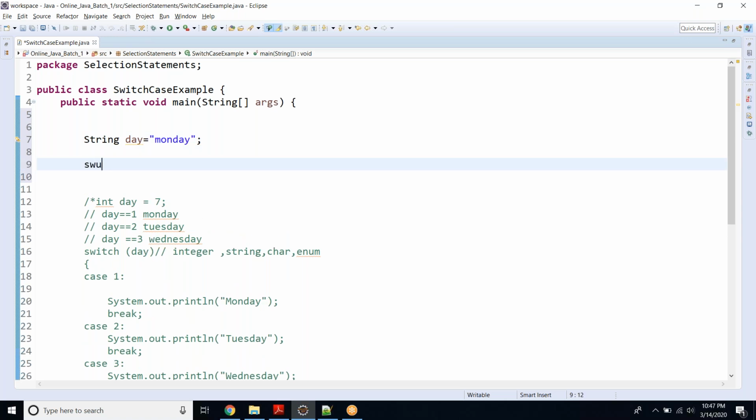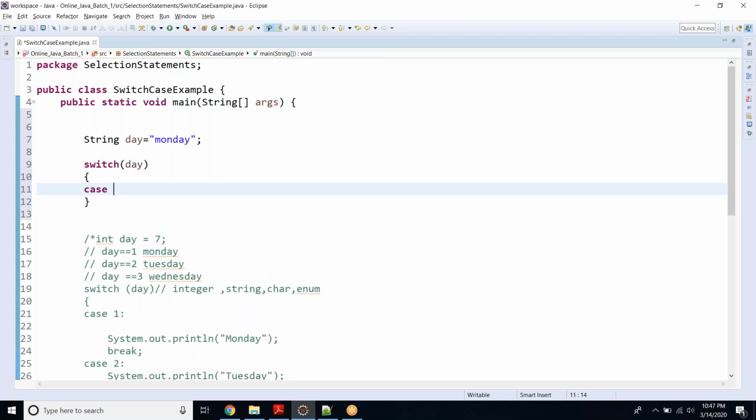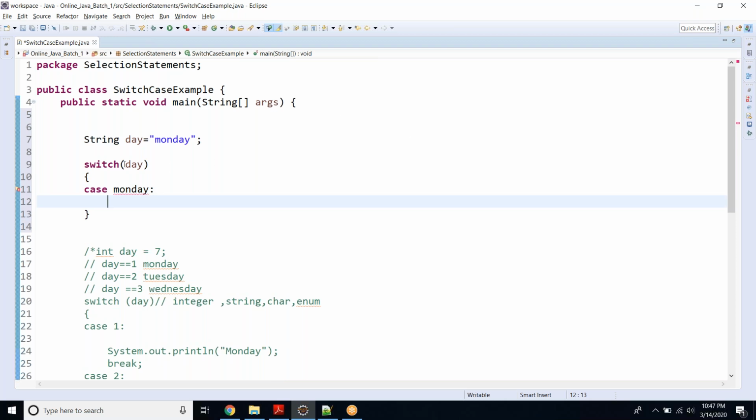So I'll say switch. Then first case. What can be the first day of a week? Monday. It is not mandatory, but again, I'll begin with the first day of the week. So I'll say Monday, but not like this. This is not possible. Why? Because the variable that you are passing, or the value that you are passing to the switch, is a string value,